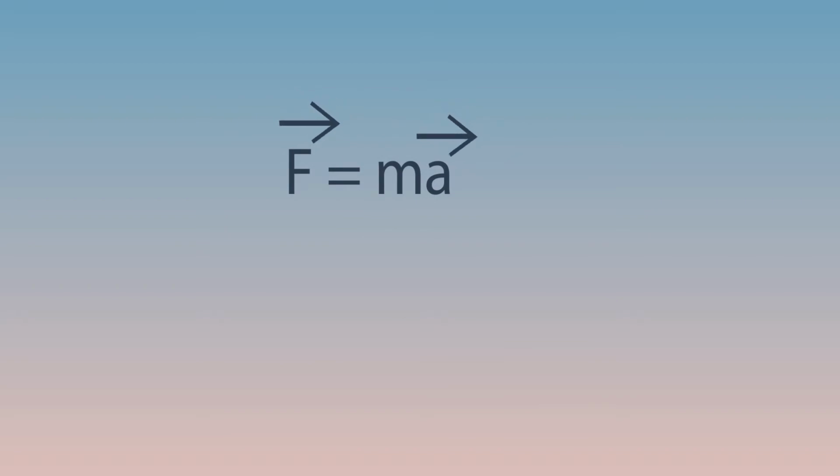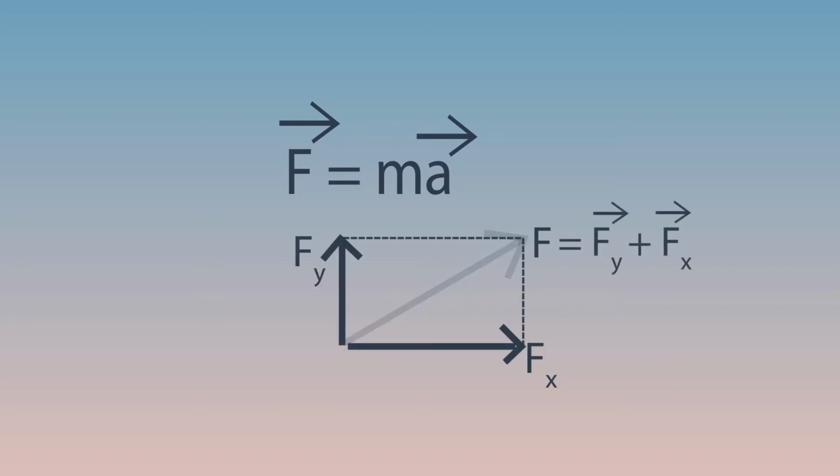A special property of vectors is that they can be resolved. That is, they can be expressed as a sum of vectors, each acting in a different dimension. We will understand the usefulness of this property as we start using it. Let's now learn how to draw a free body diagram of a body hanging in free space and learn how to use the expression we have just derived.